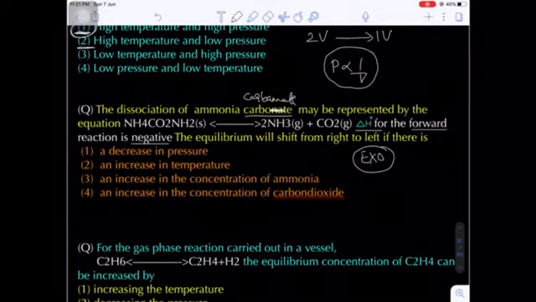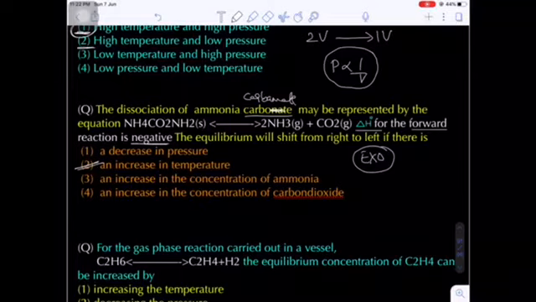In an exothermic reaction, what happens? If you lower the temperature, forward reaction. If you increase the temperature, backward reaction. Are you getting my point? Now, on increasing the temperature, what happens? The system tends to move in the reverse, backward direction, because it is an exothermic reaction. How do we know it is exothermic? Because in the question the delta H naught value is given as negative, that is exothermic.